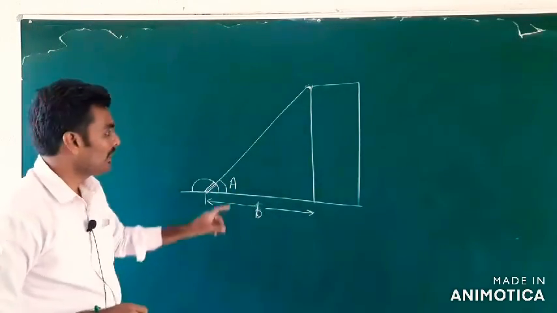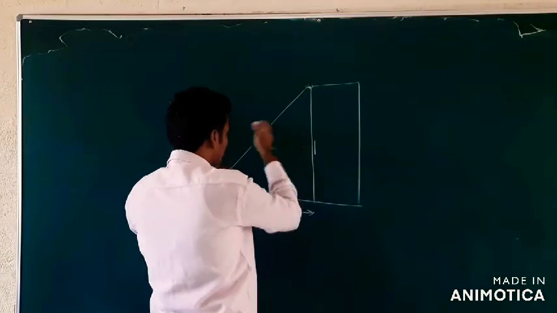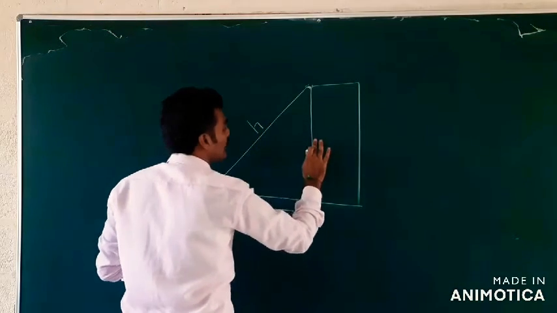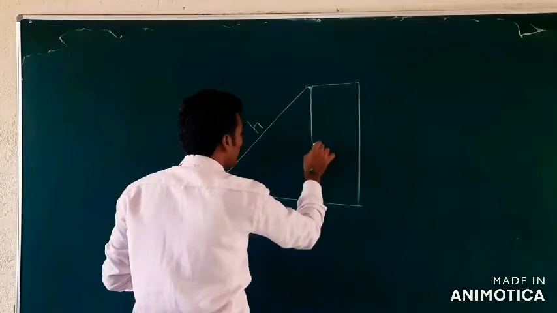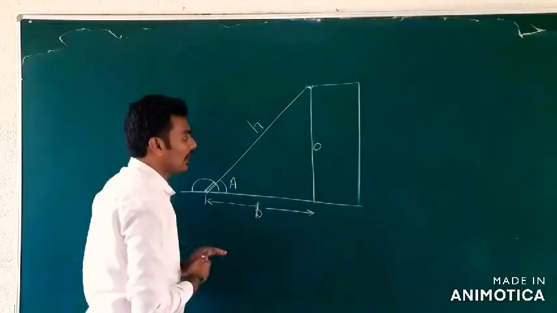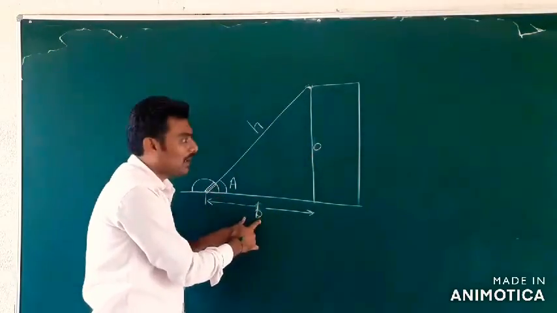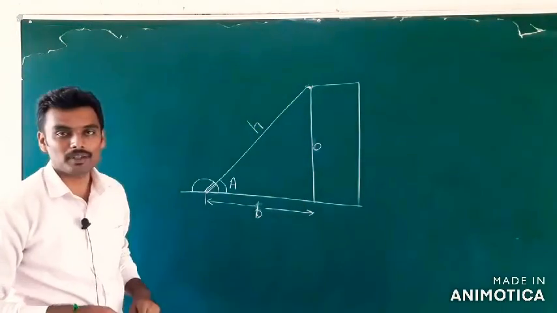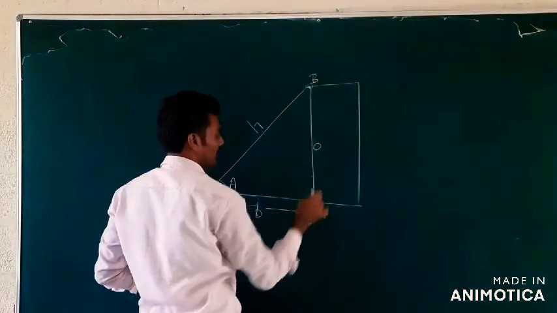So now let height of the building be h, not h, because h is normally taken as hypotenuse, right? So let me name the height of the building as x itself, or O, which represents the opposite side of the angle, right? So this is the opposite side of the angle, this is the base of the angle, and this is the hypotenuse of the triangle that we have here. Okay, let us name the triangle. Let me name the triangle as A, B, C.